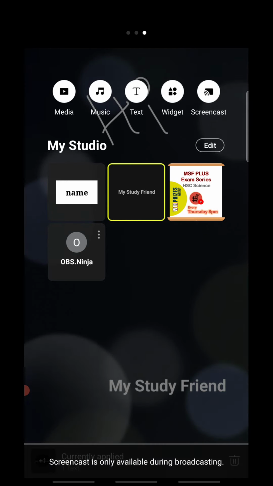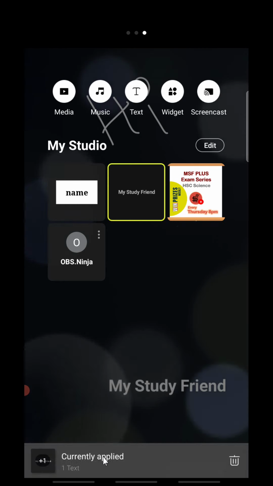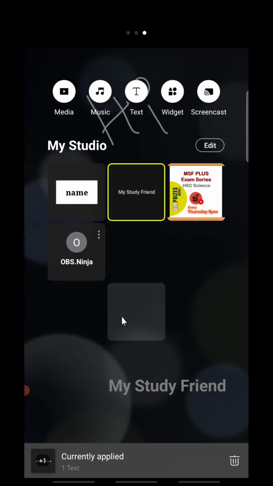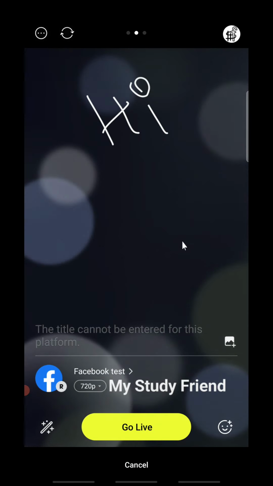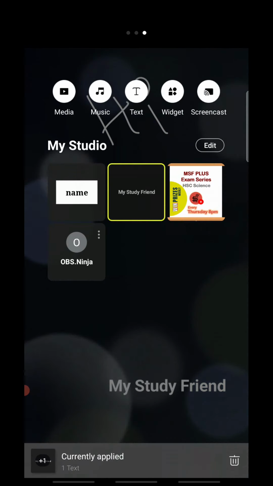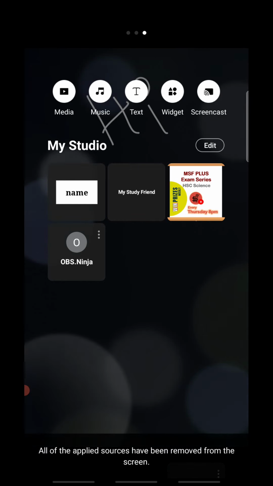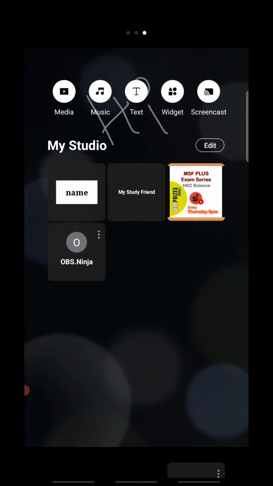It's showing that if you start the live, the option would be activated. So I'm not going to start the live now, but just when you press this go live button, the screen share option would be available. That means you can share your phone screen during the live session. So all of these are wonderful, just amazing.